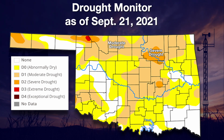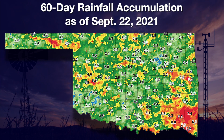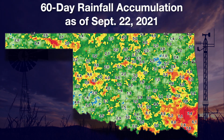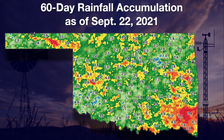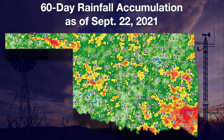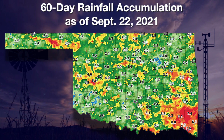And then we see the yellow areas, which are areas going into drought if they don't get rainfall, abnormally dry conditions. If we go to the Mesonet rainfall maps for the last 60 days, really when this dry period did start to take shape, we see the problem. Now, there are a few areas with these oranges and reds where they've gotten 5, 6, 7, even greater amounts of rainfall, but most areas are under 2 to 3 inches, so those greens and those blues, those are areas that have gone high and dry for the most part, with just enough rainfall to barely keep the ground wet